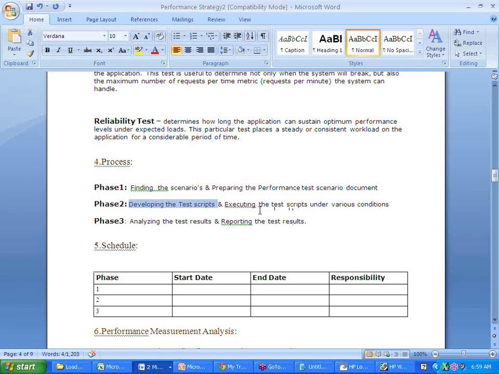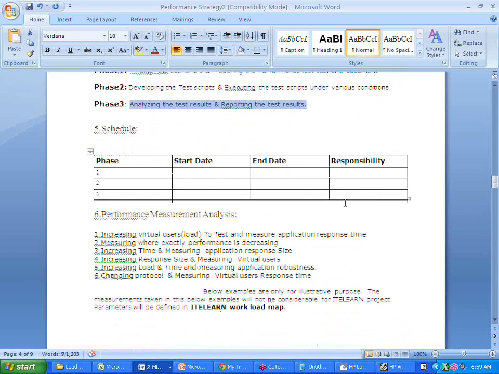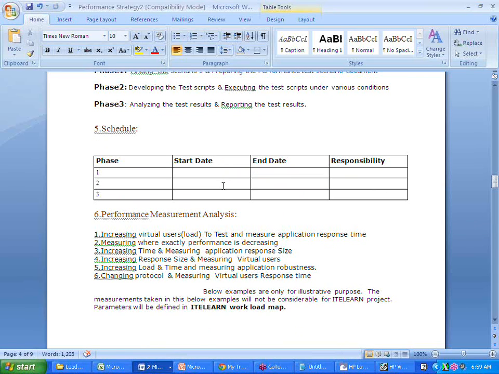And we'll create the scenarios using the controller, and we'll execute the scripts. We can analyze the test results with controller and also using your analysis tool, which we did see earlier. And we'll put in the schedule as well, because this will decide what has to be done on a particular day and who is responsible for that.